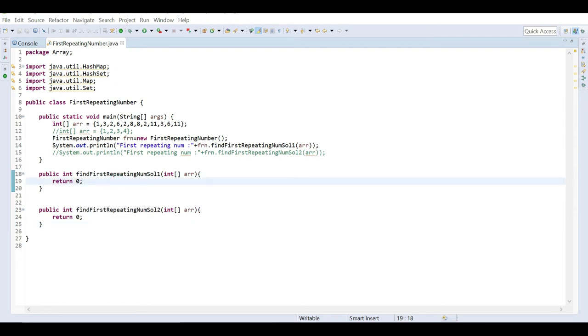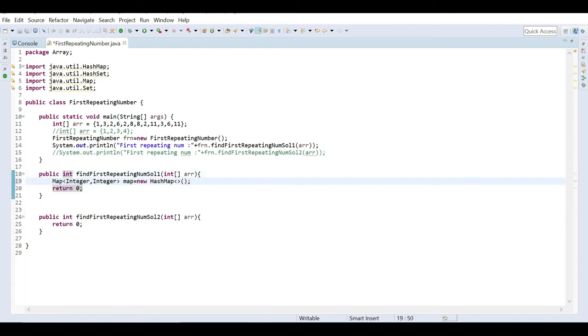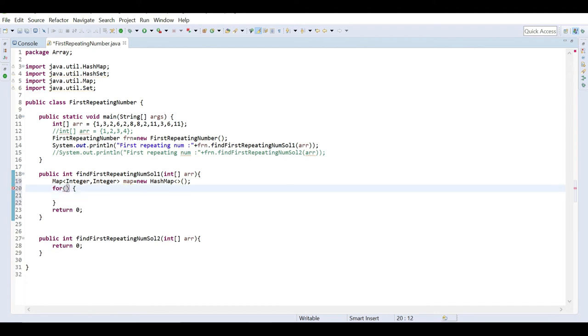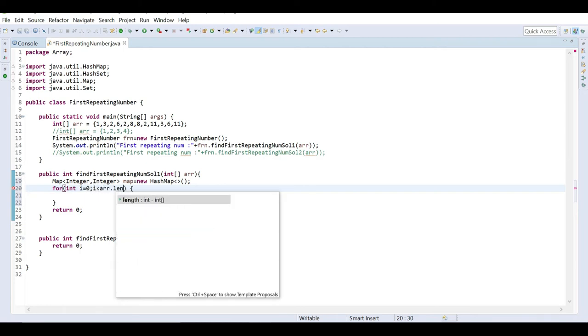Here, in this case, we can define a hash map of integer. Then we have to loop through the main array, for i less than array dot length, i plus plus.